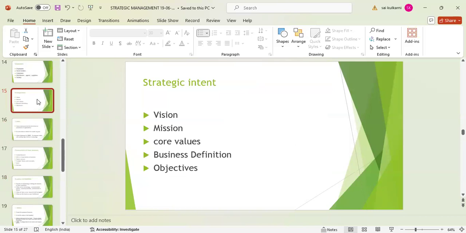Strategic intent. We are discussing strategic intent and its subpoints. Strategic intent means the basic information which we are studying for strategic management. So this is the first step of strategic management, in which you are getting knowledge about vision and mission and other points. So we have now completed vision and mission. Now the next point is